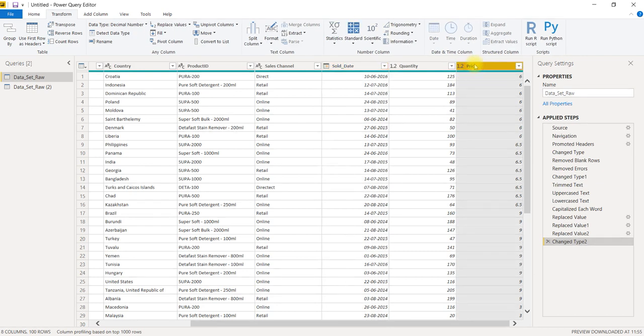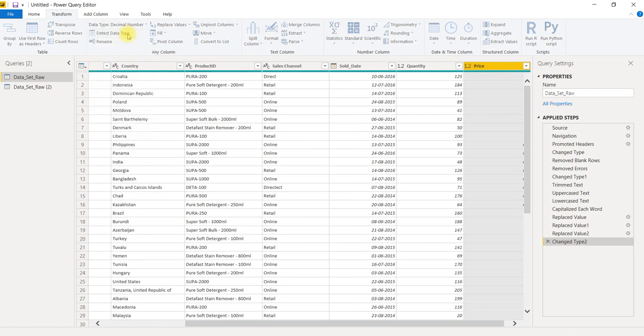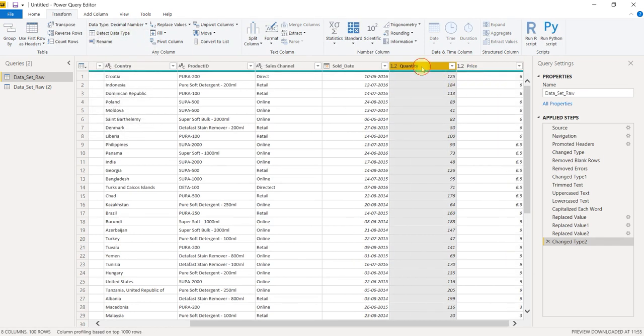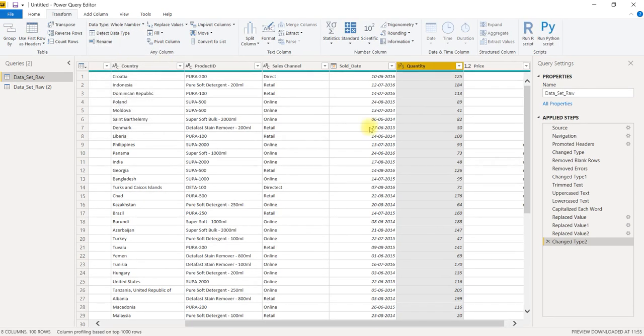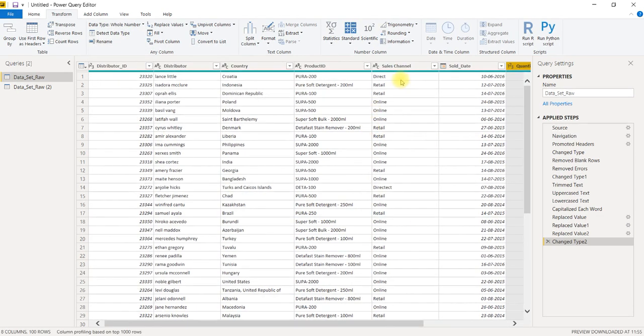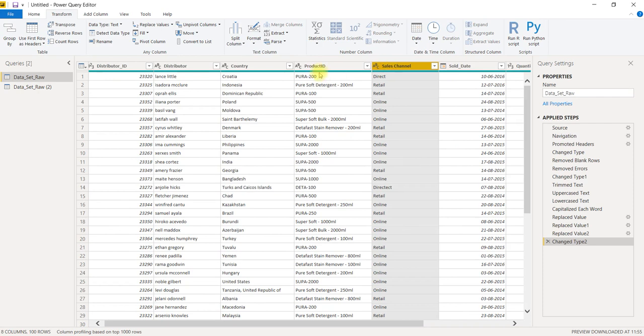Price is given in decimal numbers, correct, that format is correct. Then quantity should be in whole number, select. Then channel is text, correct. Product id is text. Country is text.